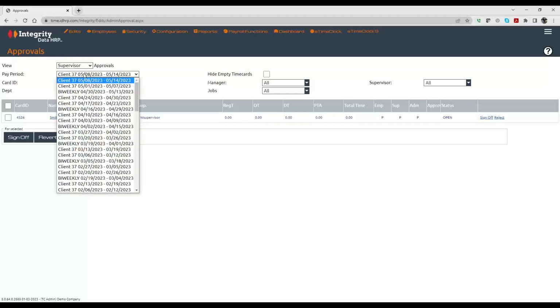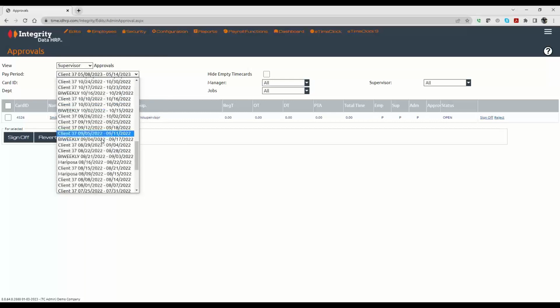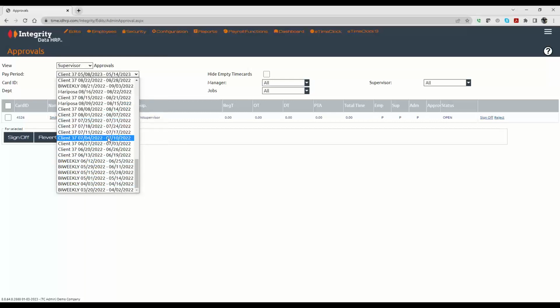Now, pay period, normally you're only going to have one pay period in here. You see I've got a bi-weekly, a client, another bi-weekly in here. All of these pay periods are still open in my software. They haven't been closed, which I should close them. However,